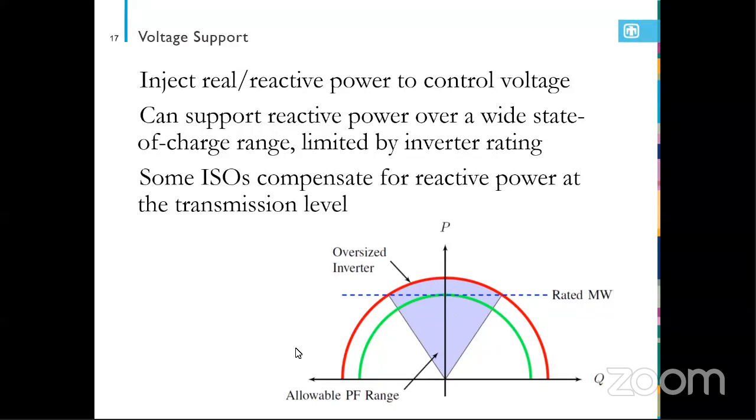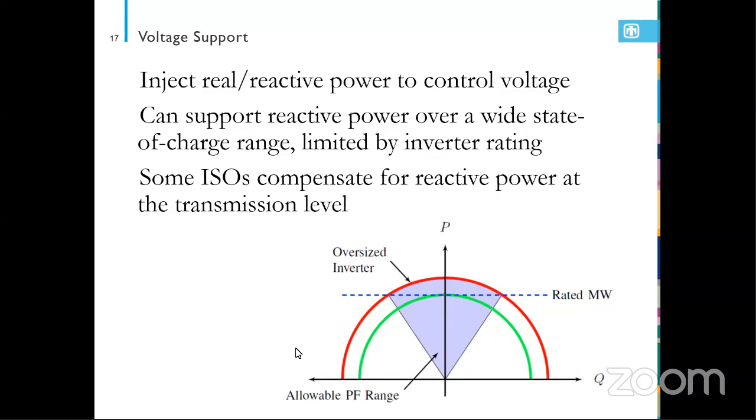So voltage support is another application. This is where you inject real reactive power to control voltage. The good news for storage is you can support reactive power over a wide range of state of charge. It's really limited by the inverter ratings. Some independent system operators compensate for reactive power at the transmission level. Oftentimes, most voltage problems are in the distribution level, and there's really no mechanism to compensate folks in most places. Because other assets can also do this, pretty much any inverter-based generation can provide reactive power. So that includes solar panels,